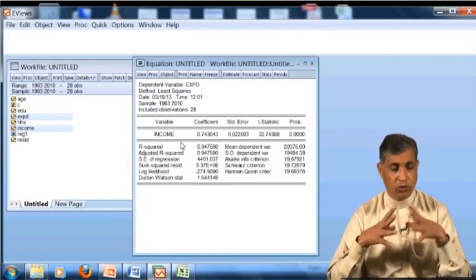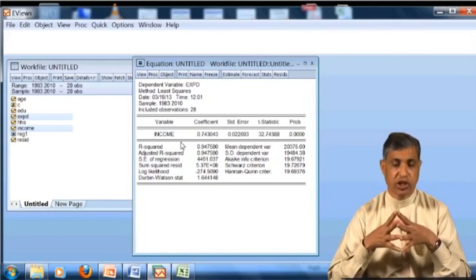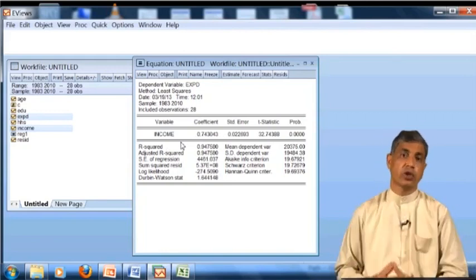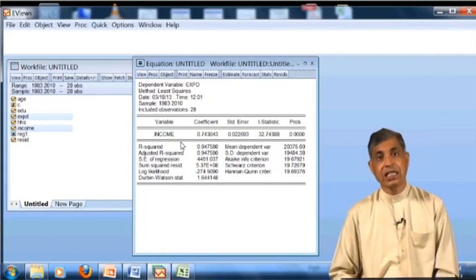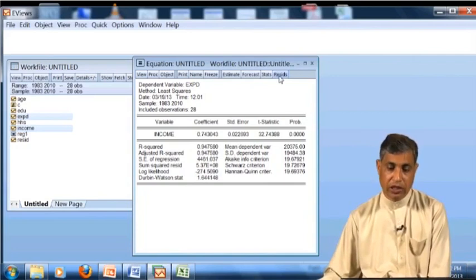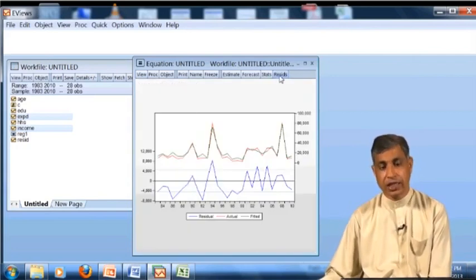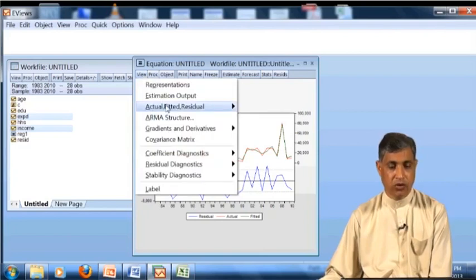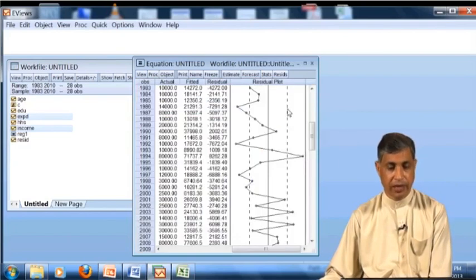Now our purpose is not to explain this one. There are many statistics that you will keep on learning. Everything is related to you, but at this stage many are irrelevant to you. Go to the residual. Now this is the residual view. This is the residual table. This is the table, and now copy again all these.